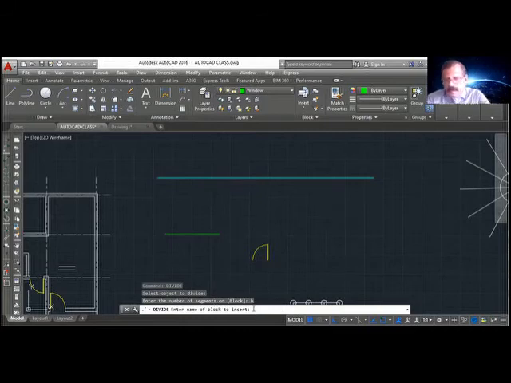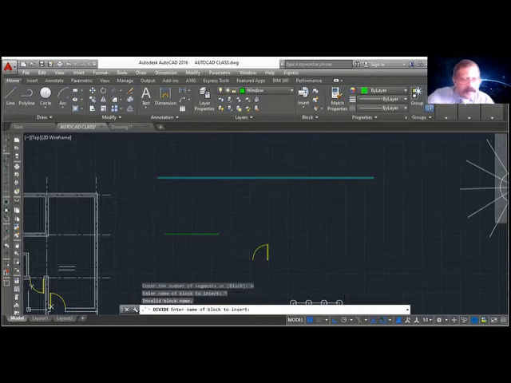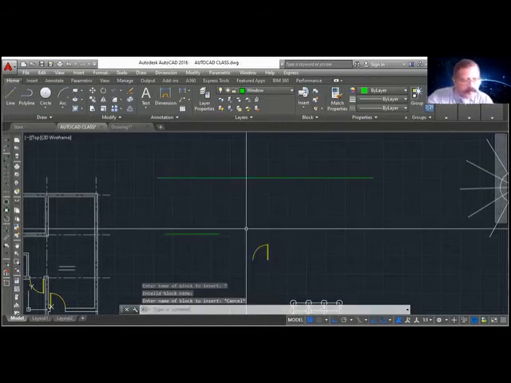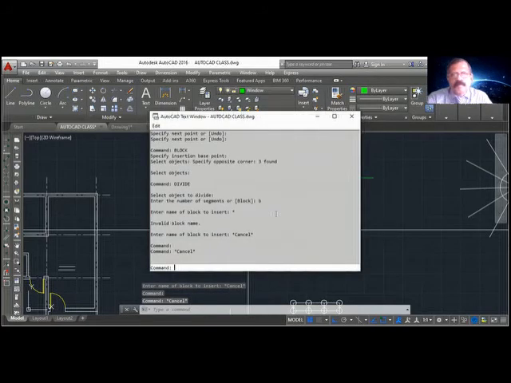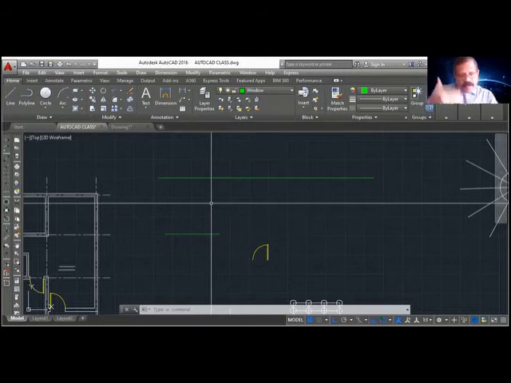Suppose I forgot, I put a star, enter. That's an old command, I don't want to show you. In earlier versions, they will list out the blocks available.